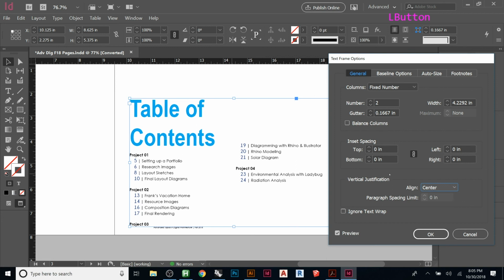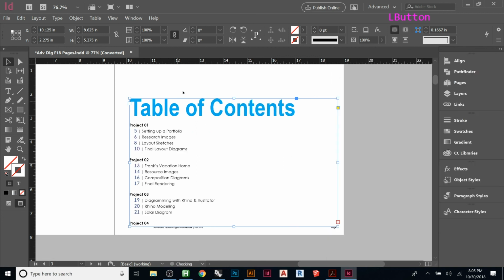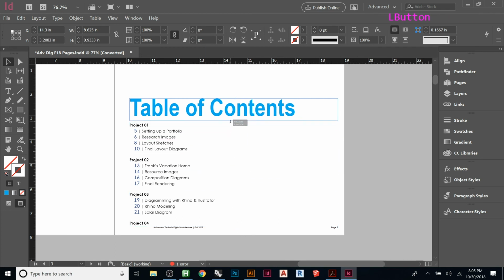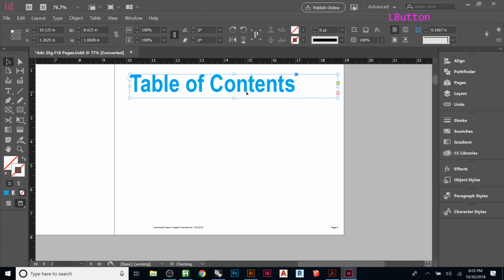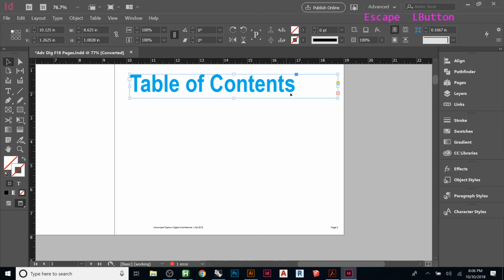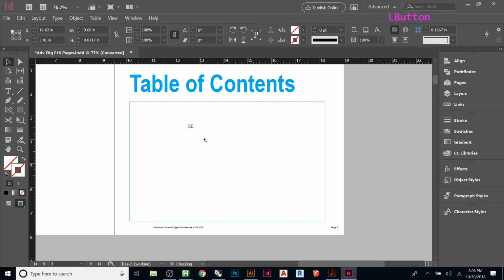Another thing you could do is, it's kind of cheating a little bit, but we can make another text box here, or you basically crop this one down so that it only shows you this, and then we make a bigger text box below it. And whenever you have overset text, you can do two things. You can resize this. You could use up here the auto fit one to adjust the size of the frame, or if you actually click that little guy, the red plus, it will bring the text onto your mouse and ask you where you want to flow the extra text. You can click into another text box,